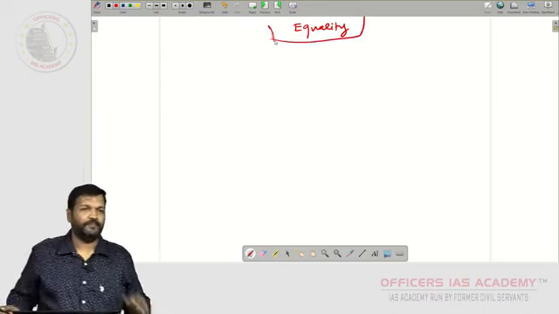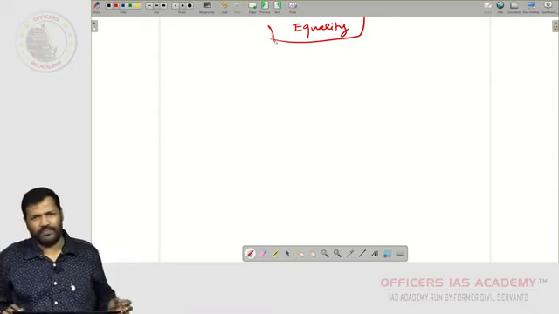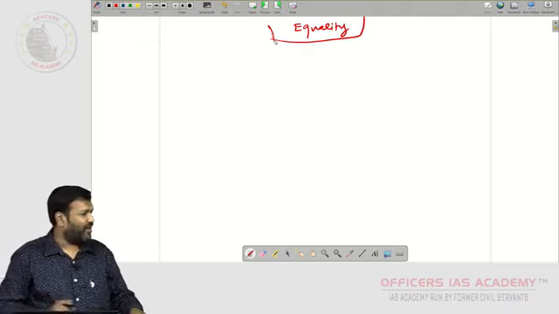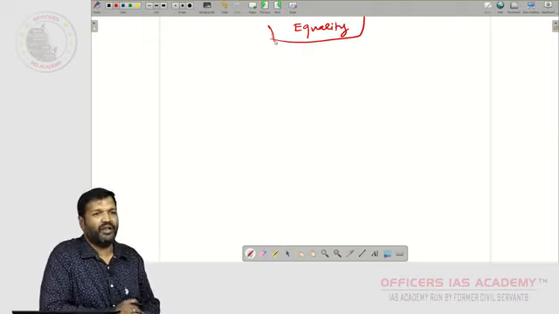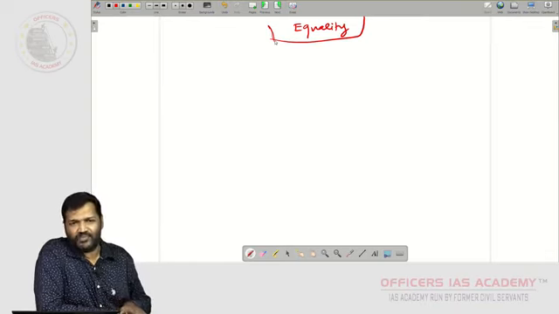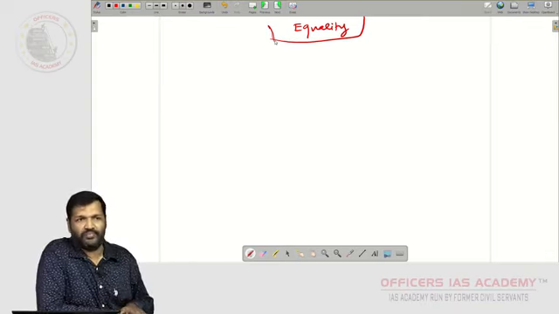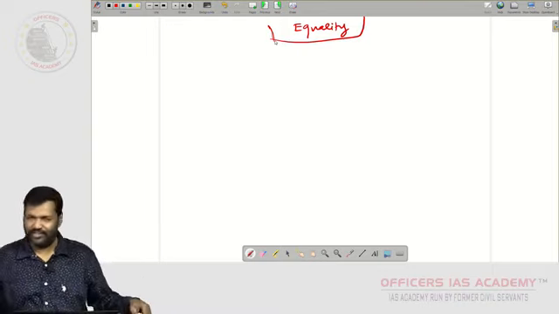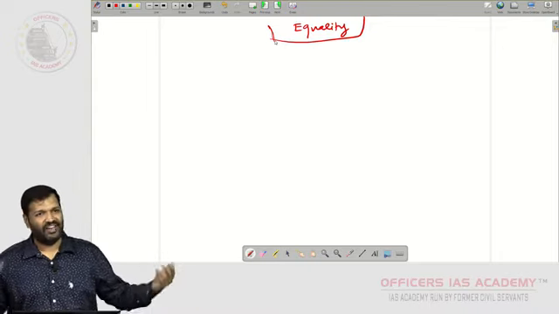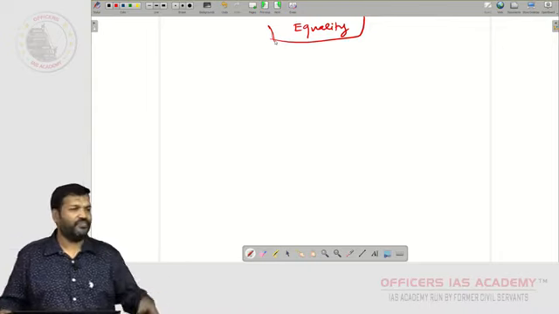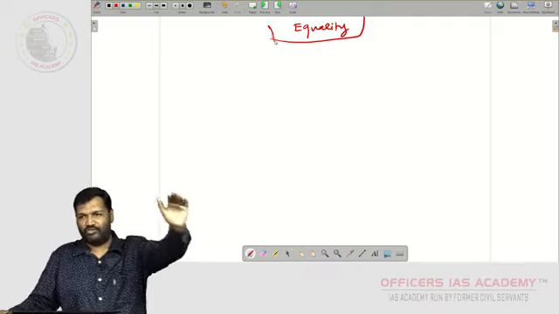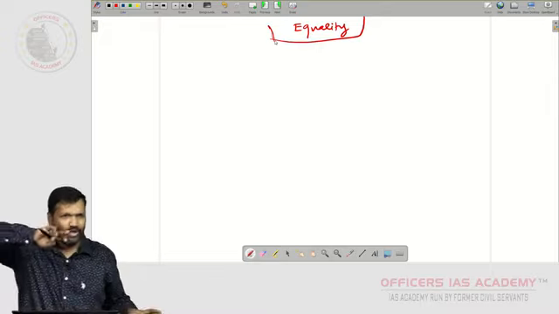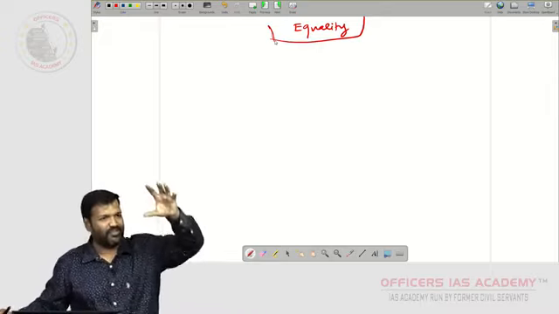What is equality? As we have just now seen, everything is a historical product. The notion of equality also is a historical product. Again, we are going back to the same European society of the 14th, 15th, 16th and 17th century. That is where all these notions developed. So let's go back to the same society. Equality emerges in a similar context where the notion of freedom emerged.